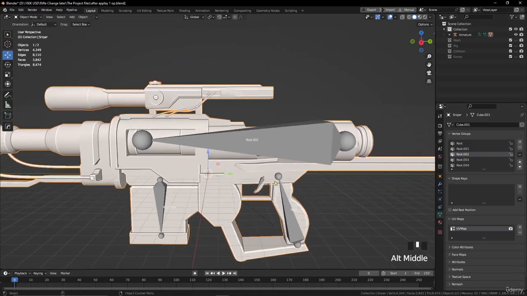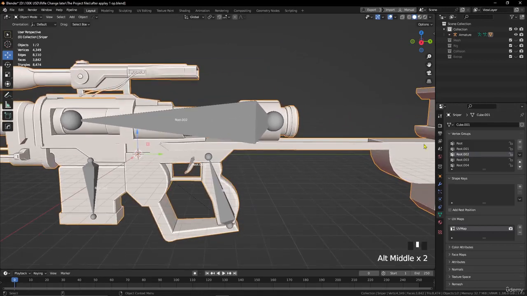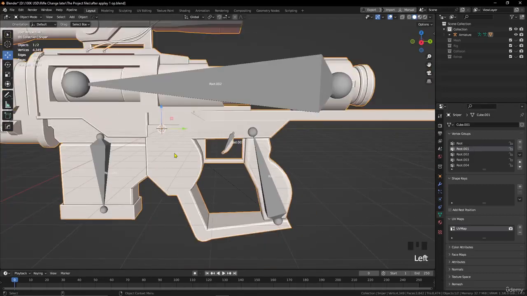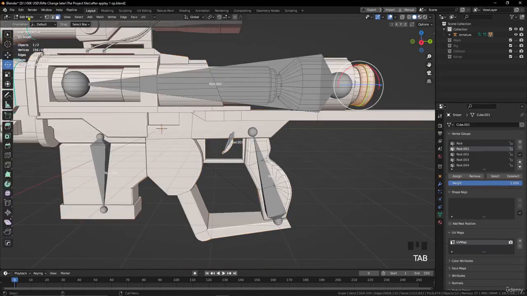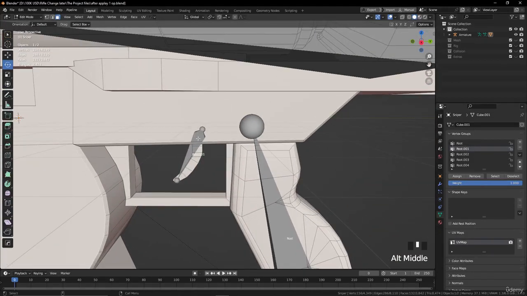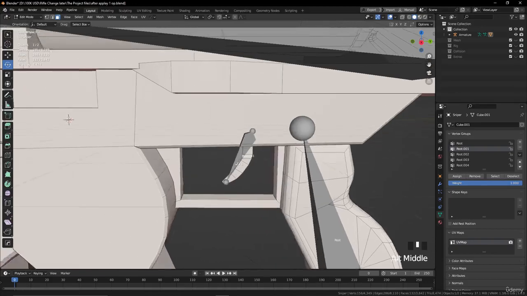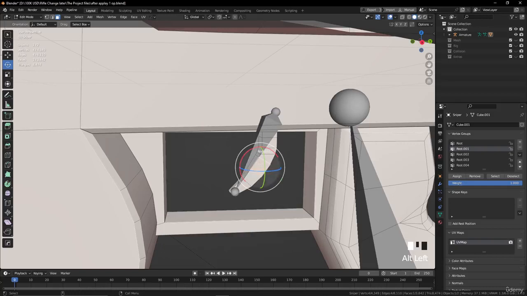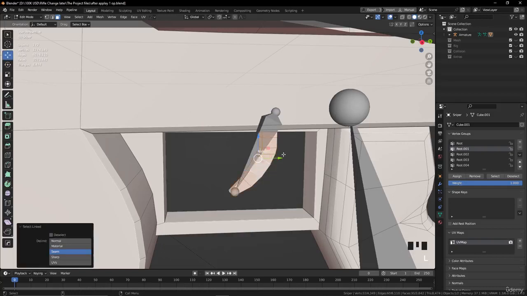Okay, now how to start controlling with a bone? For example, let's start with this one. It's trigger. Select the sniper and go to edit mode by pressing Tab. And we have this bone, and this bone is going to control and move the trigger. So you have to select everything inside the trigger here. Just press anywhere and just press L on the keyboard to select all the connected